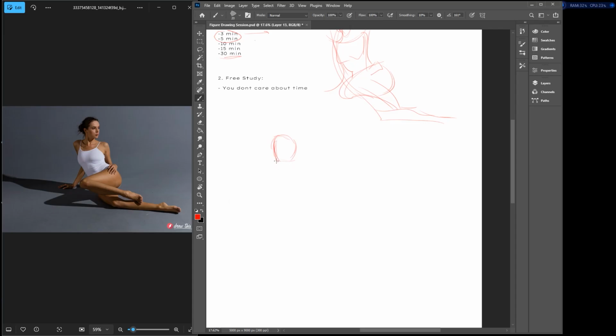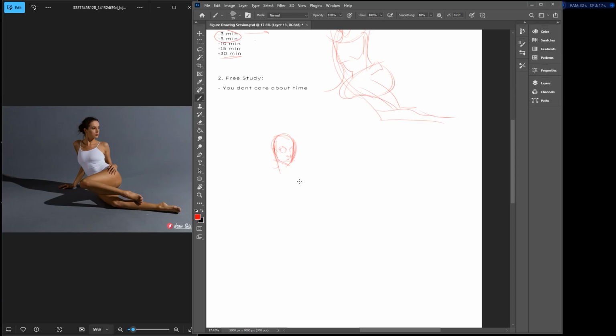I could have tried to decide where the head is, like the shape of the head. And I could have done a really detailed head here. And I could have decided the eyes. I could have even added these details to erase them later. I could have gone into much more detail, and